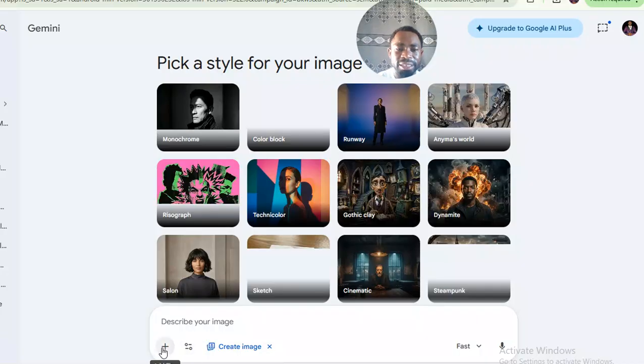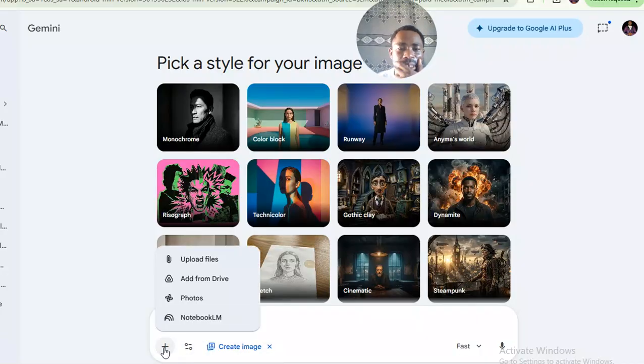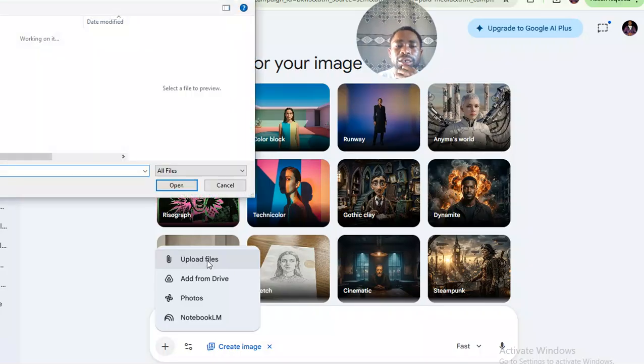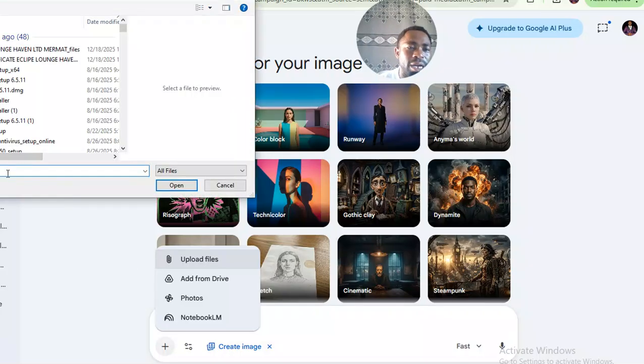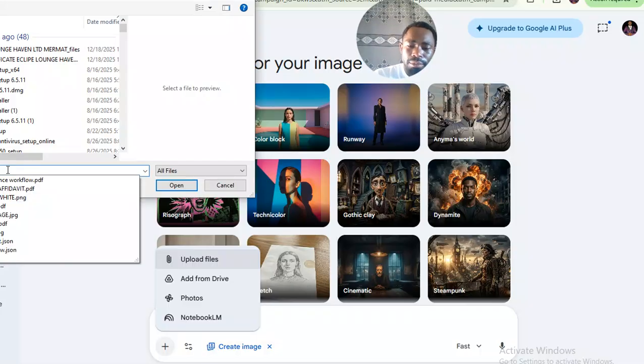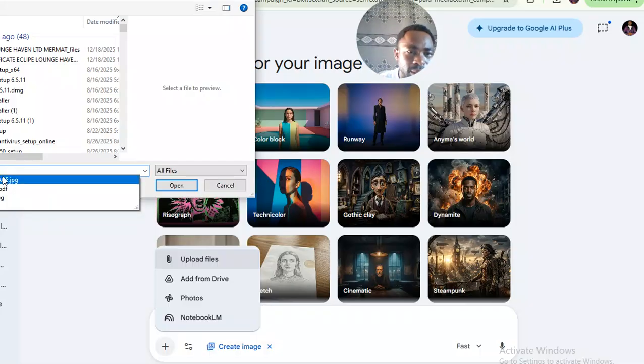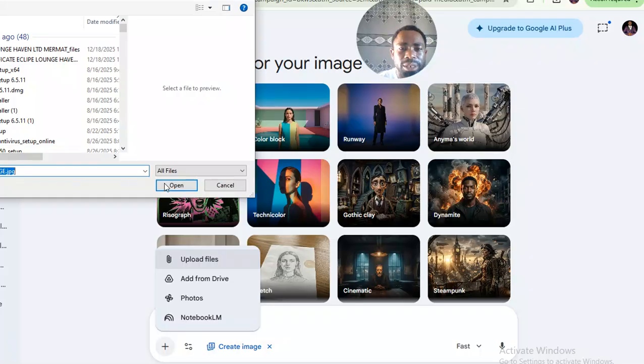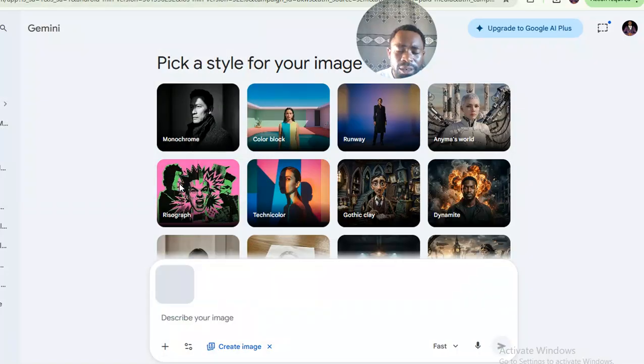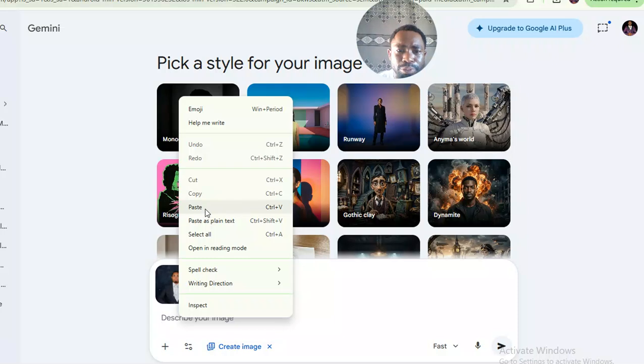Then I'm here, I click on this plus icon, I click here, upload file, I enter my phone. Let me check. Moses, my name is Moses, so I enter. Let me check the picture there. Okay, this is one of my pictures. So I drop the prompt we copied from